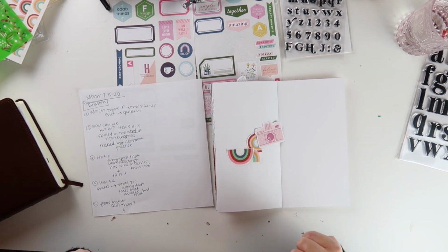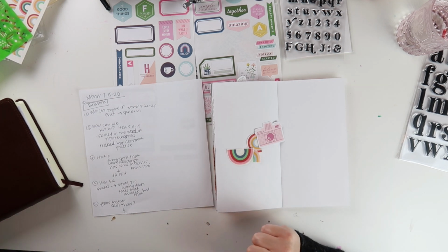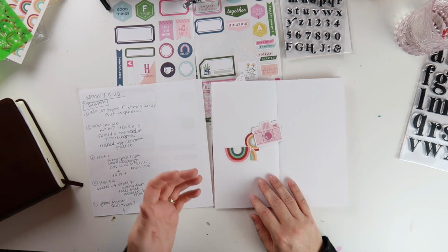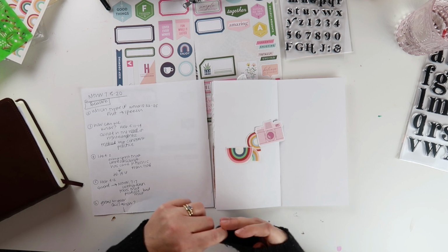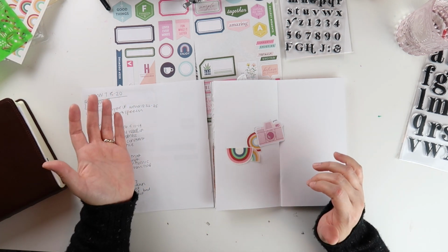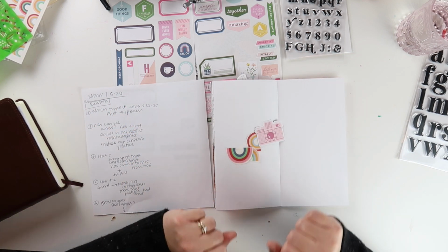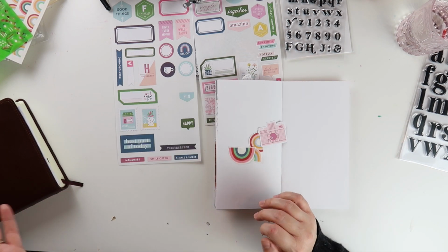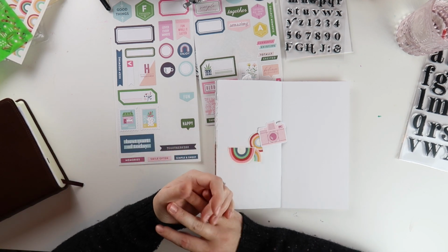Today I thought it would be fun to do a Workspace Wednesday Traveler's Notebook Challenge. So I'm going to share a process video showing you from start to finish how this Traveler's Notebook entry came together. I've got some Bible study notes here that I want to get into my notebook. And I'm going to challenge myself to use what is out on my desk along with a couple of just basics that I reach for all of the time, a couple different stamp sets. So really quick, let me walk you through what's on my desk and then we'll go ahead and get started